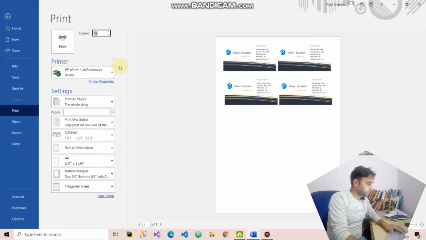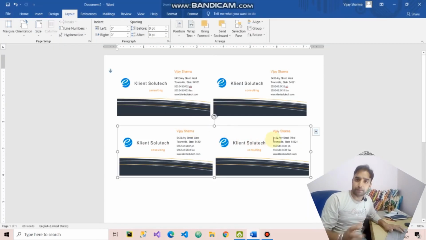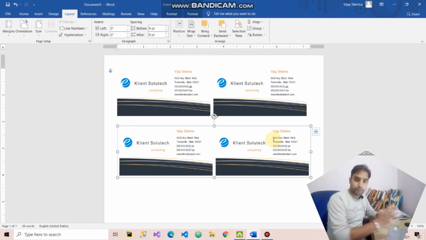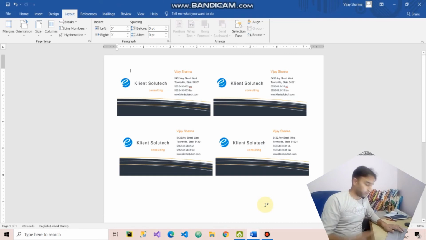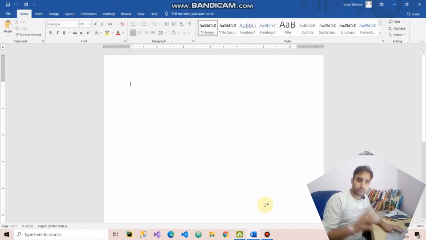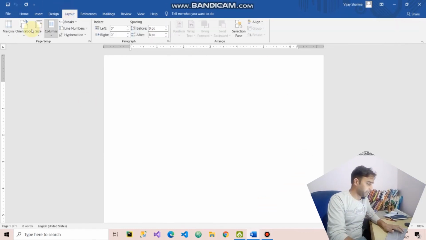It's your own choice. But this is the first method to create a business card by using pre-designed templates, in which you just have to replace the text of the template with your own business text that you want to display. But to create a business card manually, you need a design idea in your mind and also a content idea. So let's do it manually now.